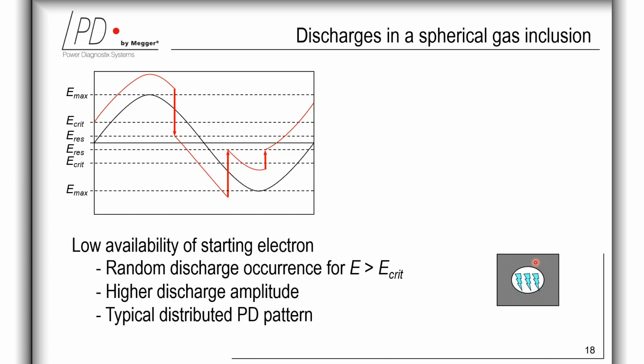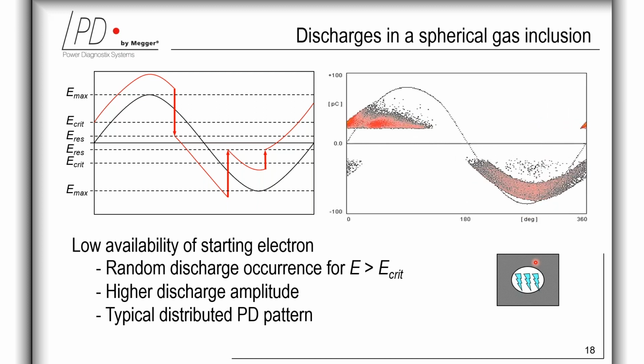As the internal surface conductivity of such fresh voids in polymers is in the range of 10 to the power minus 15 Siemens, these surface charges can survive several tens of milliseconds, and they always would remain available for the so-called detrapping mechanism. And the figure is showing the case of a low availability of free electrons to start the